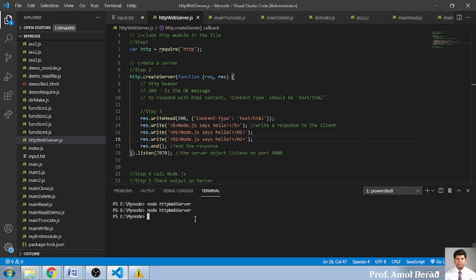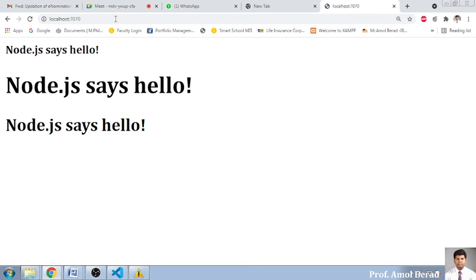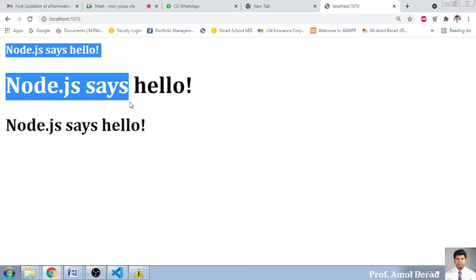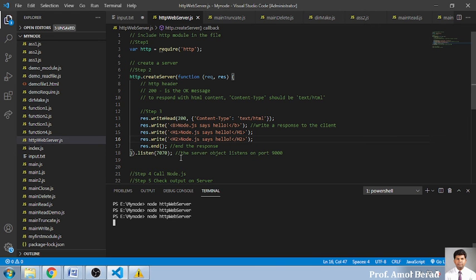Once it is closed, then again you have to run this file because after updation it will be needed to be executed. So again I am going for running this file, and the same port number, that is 7070, I'm opening in the browser over here, and I'm pressing localhost. Now see the content which I have written that is displayed in front of me. So whatever updates you have done into your JS file, Node.js file, that will be replicated directly on your screen.